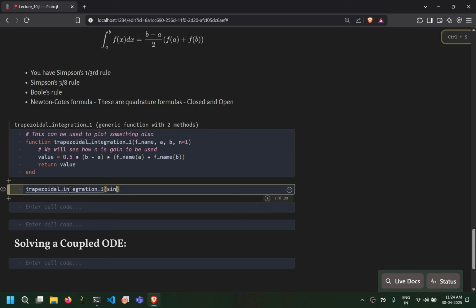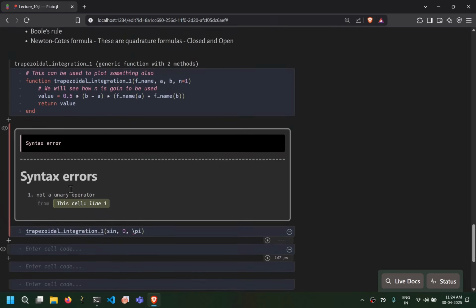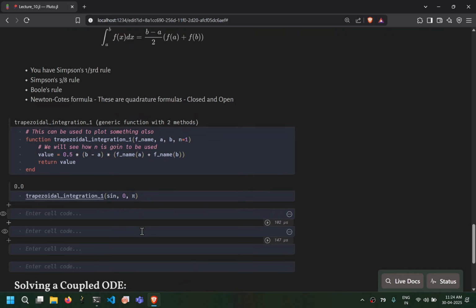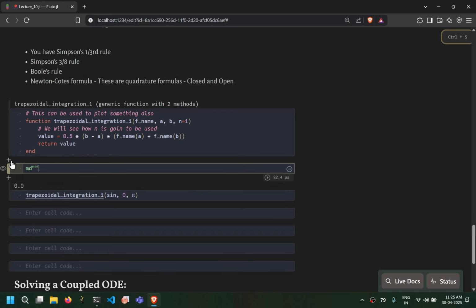Okay, so let us integrate the sine function from 0 to pi. And okay, sorry, this should be like this, and we are getting this result. Now, what is the expected result? The expected result is 2, because we know